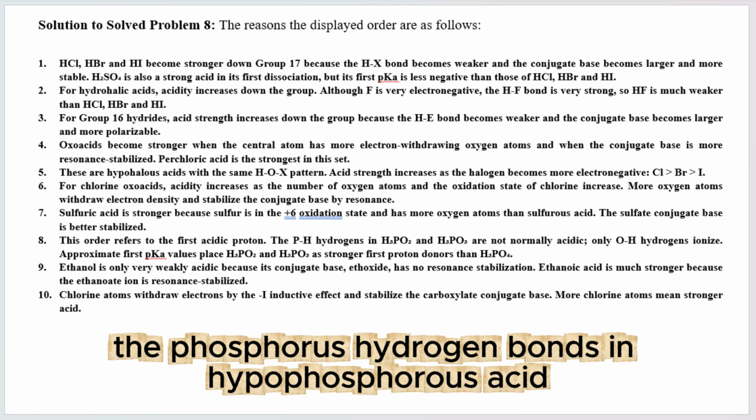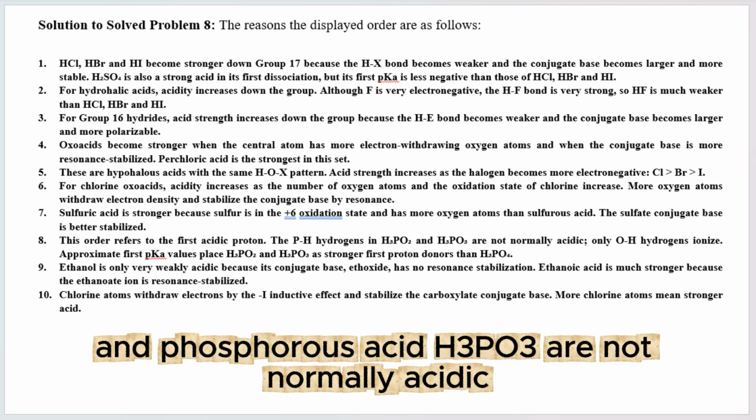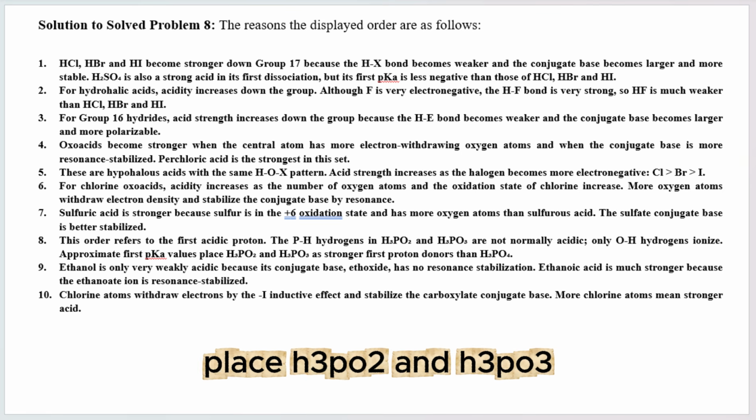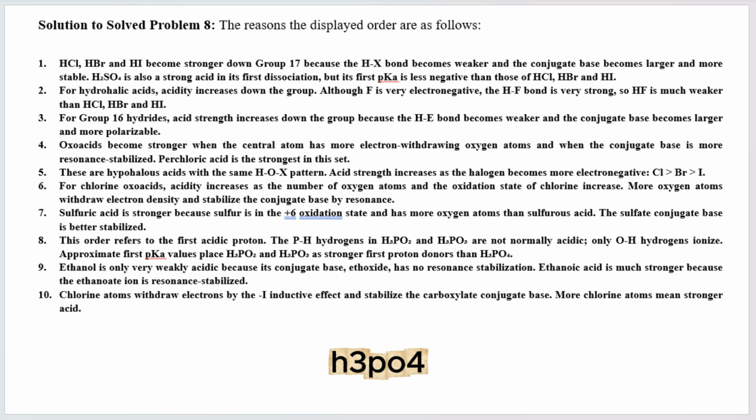The phosphorus-hydrogen bonds in hypophosphorus acid, H3PO2, and phosphorus acid, H3PO3, are not normally acidic. Only OH hydrogens ionize. Approximate first pKa values place H3PO2 and H3PO3 as stronger first proton donors than phosphoric acid,